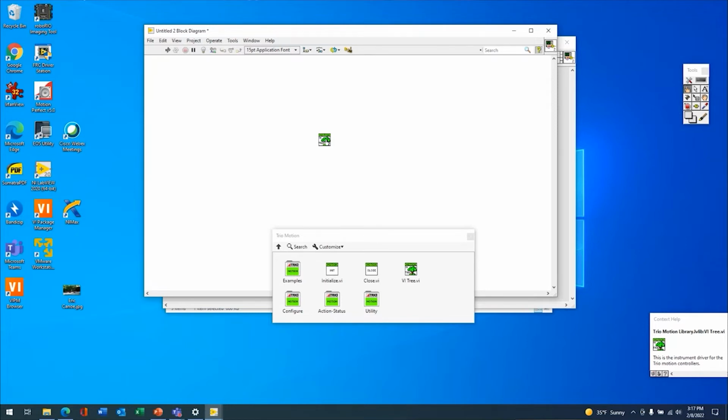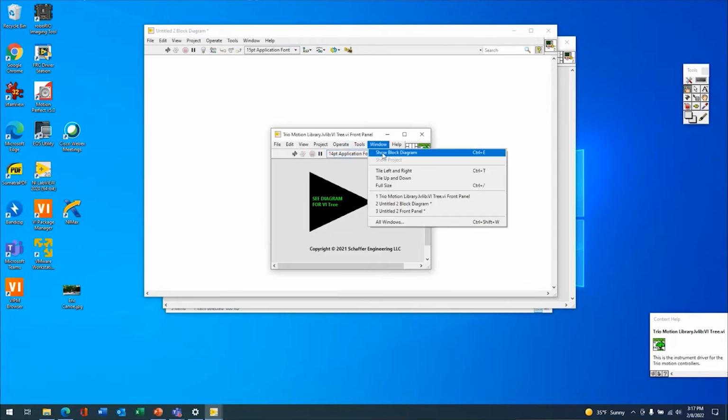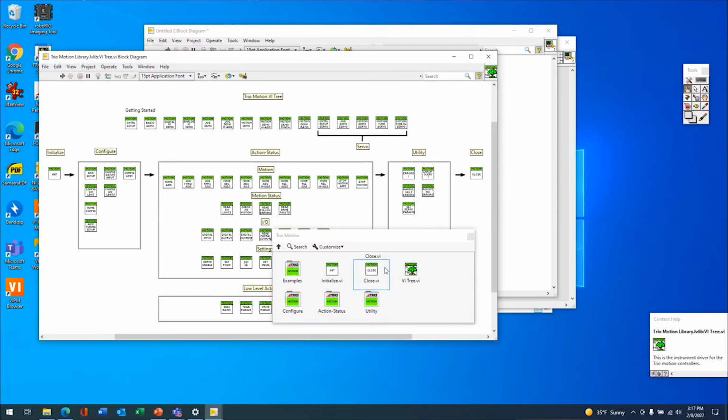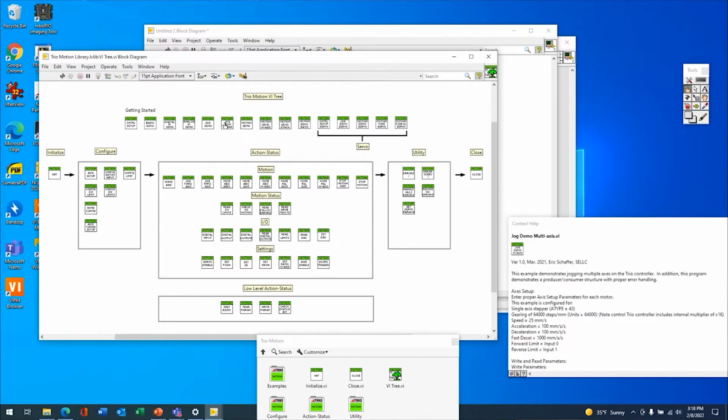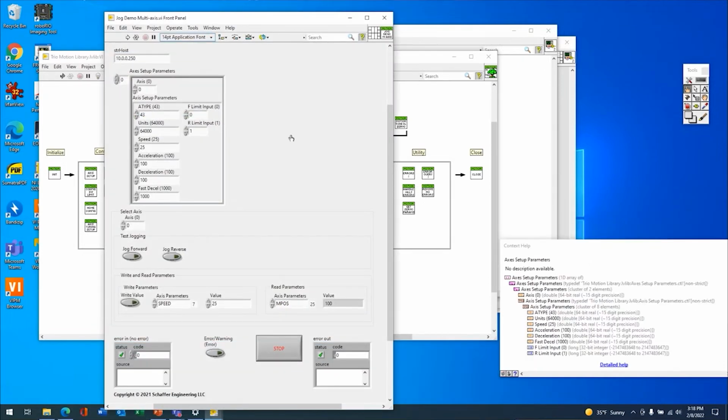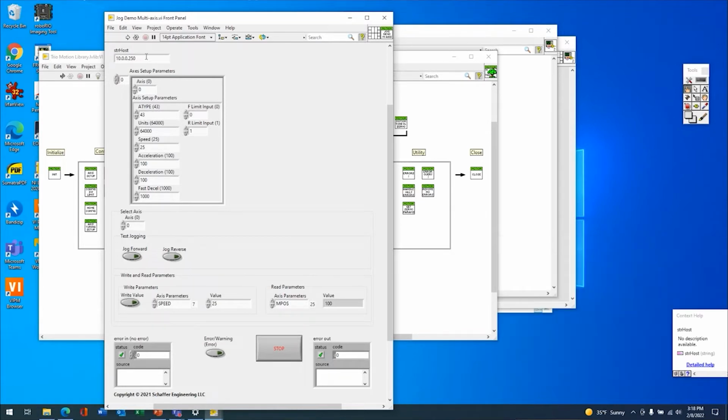The VI tree will demonstrate to you or include all of the functions plus all of the examples. The examples are inclusive of all functions. So we're going to start out showing the Jog Demo. The Jog Demo here is a 2-axis jogging, and the first thing it does is we set up which the host is, which is the IP address of the Trio controller. We then set up the different parameters for the